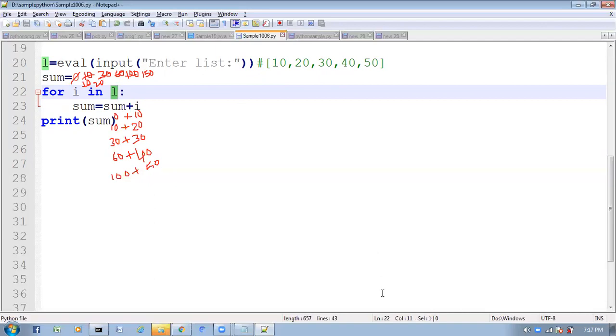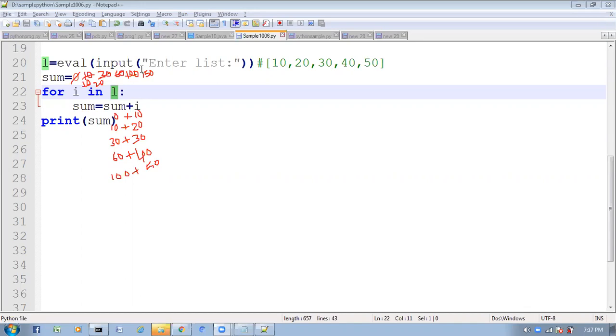Right. So like this, by using these typecasting functions, we can convert from one type to another type. By default, the input function will treat everything as string type only. Today we learned about input functions. How many types of input functions are available in Python 3? Only one, which is nothing but the input function. How will it behave? If you enter any type of data from the keyboard, the input function will treat it as string type only. Then what we have to do is convert into our required format by using typecasting functions.